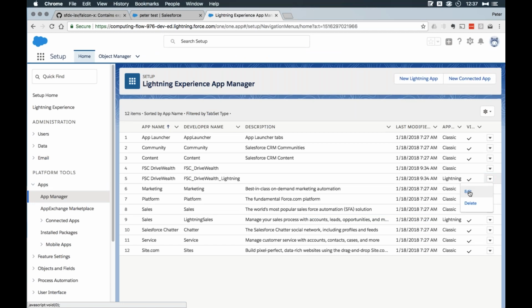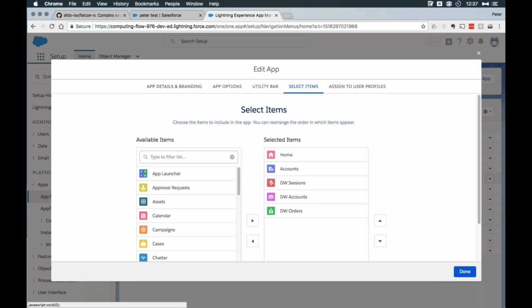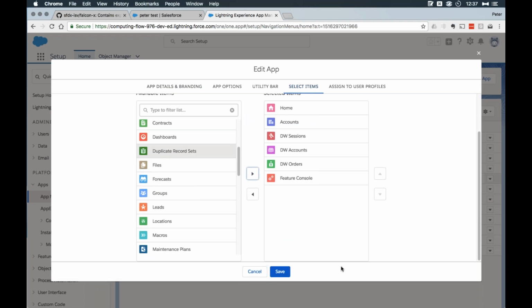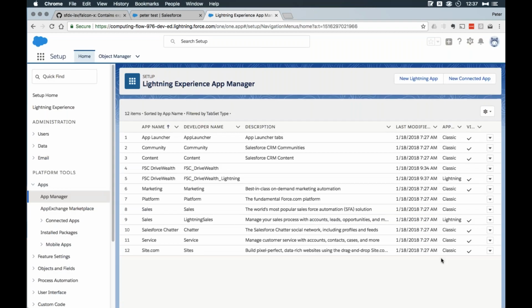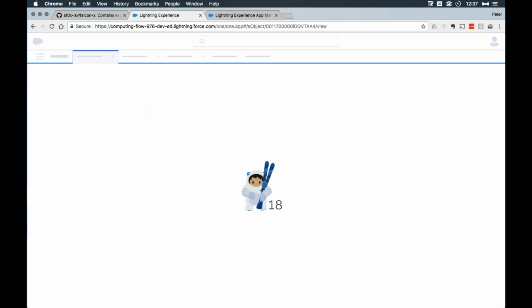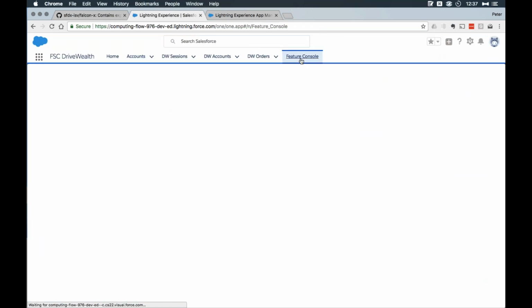Yeah, and what I'm doing at the moment is I'm going to add the console tab to our application. So this is going to allow our customer admins to enable that feature. So while I do this, to talk about feature parameters and feature management, again, it gives you fine-grained control on how functionality is introduced to your customers. If I go back to my app and refresh the page, I can see the console tab here. If I open it up,